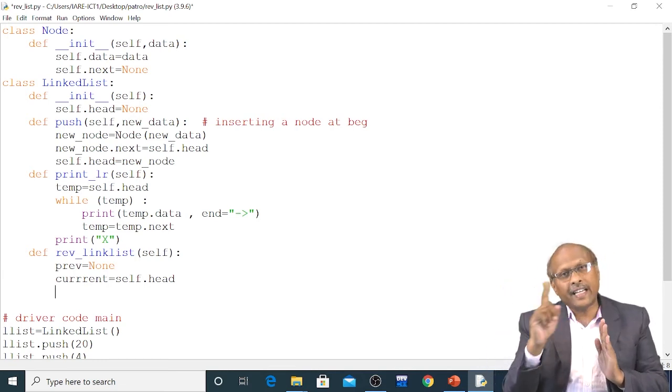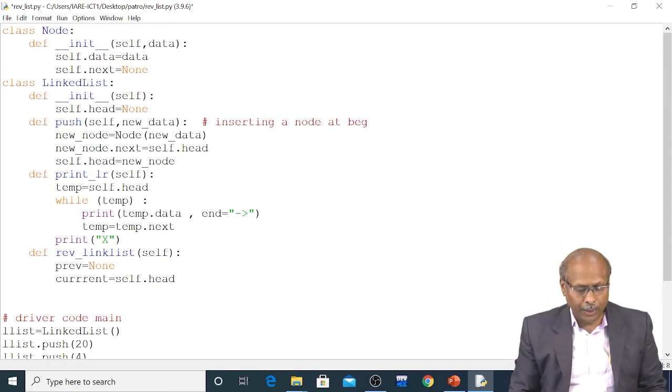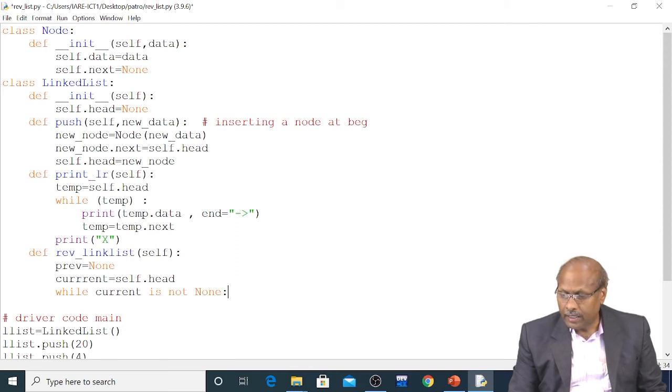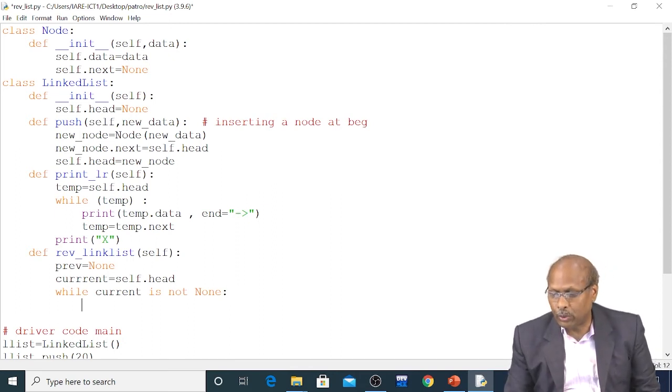It says that the entire list is over. So I'll put a loop: while current is not None. While current is not None, my loop goes here. That means I should go inside the loop.